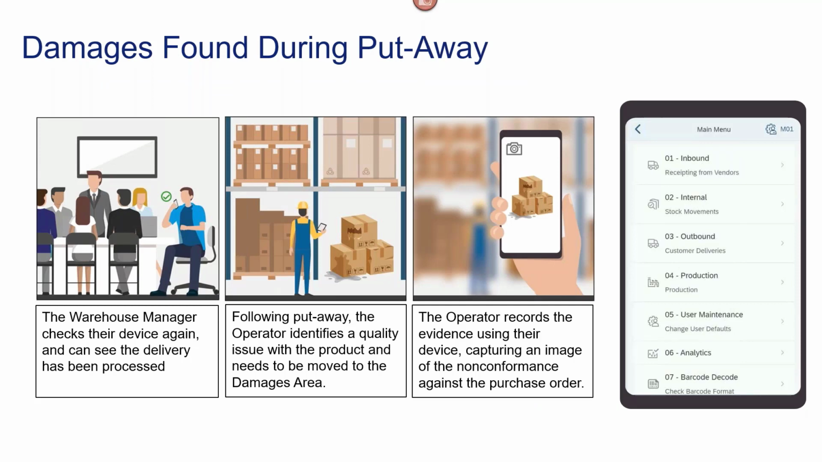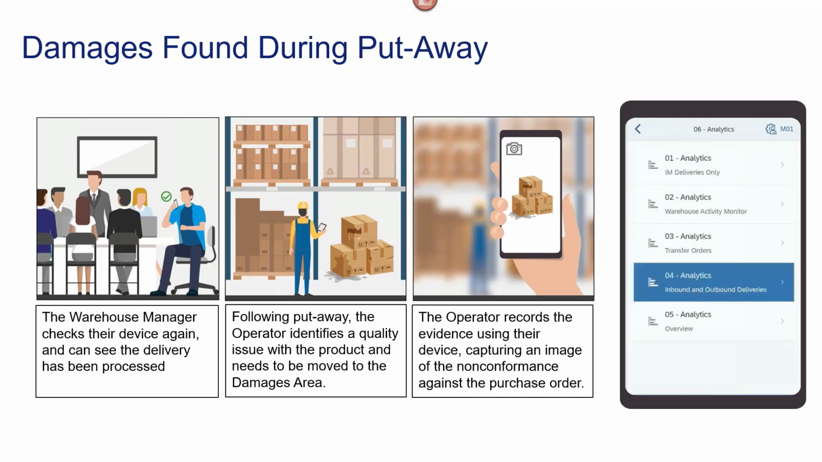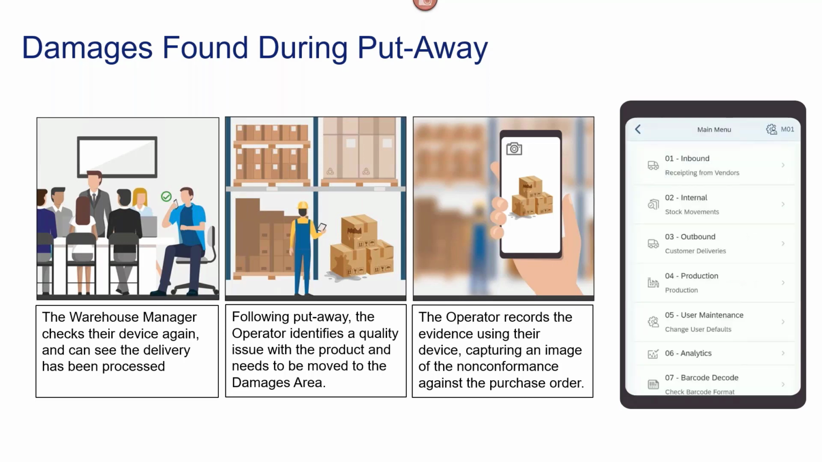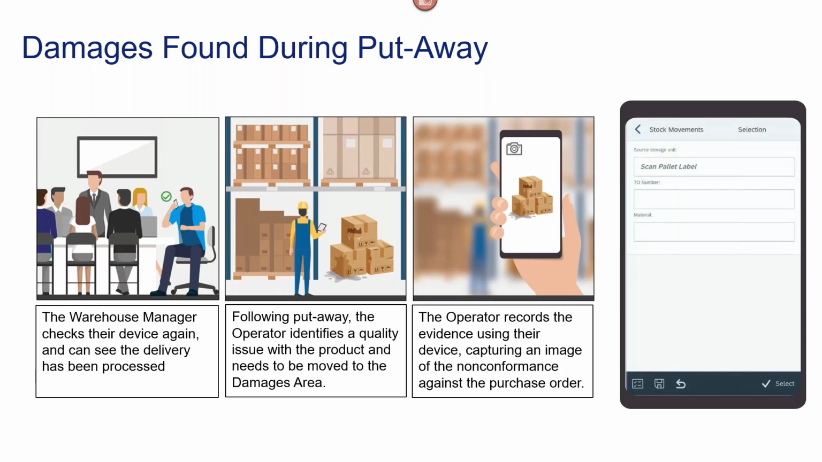So the warehouse manager again is just keeping an eye on those KPIs and watching them go the right way. It's dropped from the red alert, and is now into amber. So the process is starting to move in the correct way. What we're going to do is the operator, having now unloaded the pallets to the goods receipt area,